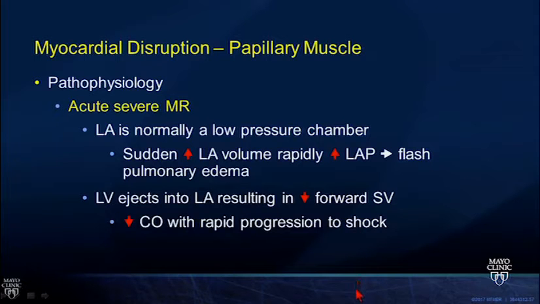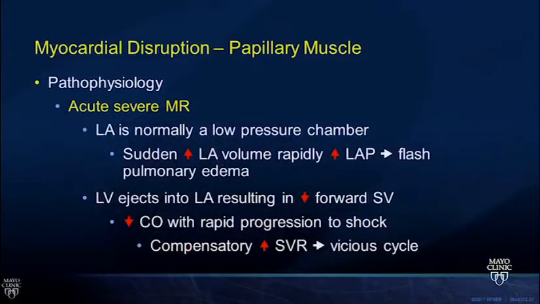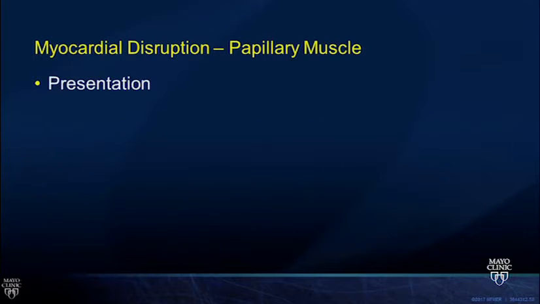Because you have a decrease in forward volume, your carotid baroreceptors are being stretched less. Via a reflex arc, they turn on the sympathetic system, which increases your systemic vascular resistance, which is good for a moment because it increases your end organ perfusion, but it makes things worse for the heart. Now you have an increased systemic vascular resistance, so you have more mitral regurgitation. More mitral regurgitation means less forward outflow. Less forward outflow, lower blood pressure. So the system keeps going and going. You get this vicious cycle of hemodynamic decline.